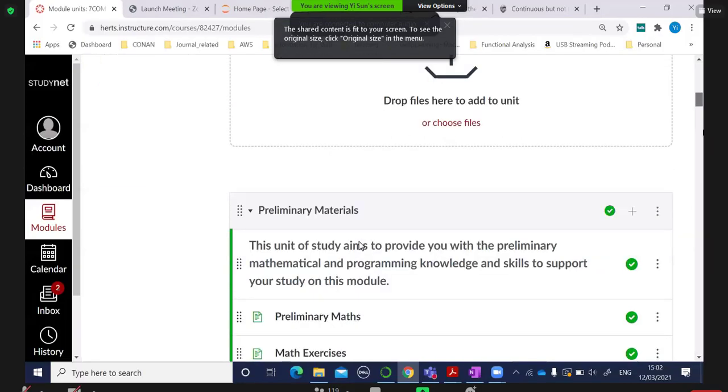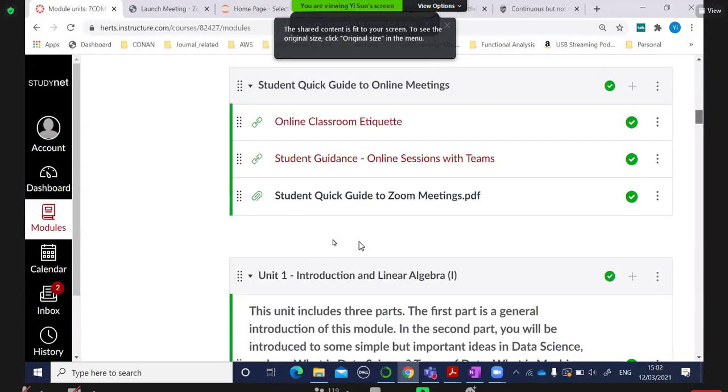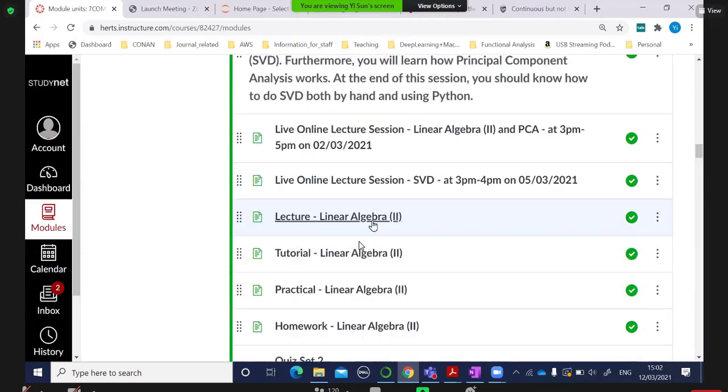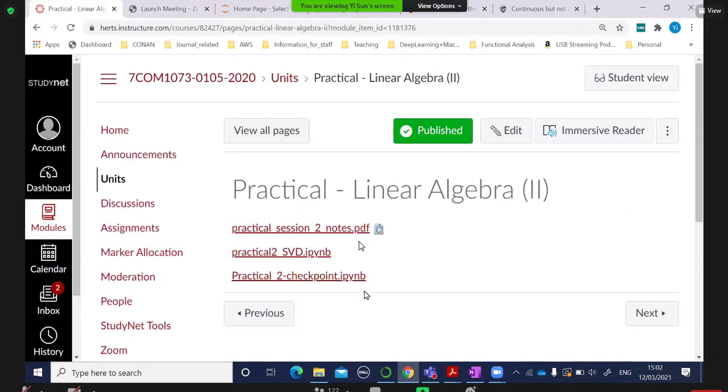For Unit 2, for example, we have already finished the practical today at noon. I just put a checkpoint for those if you need more help with the code. You can download this on your own personal machine and run it to see how our tutor